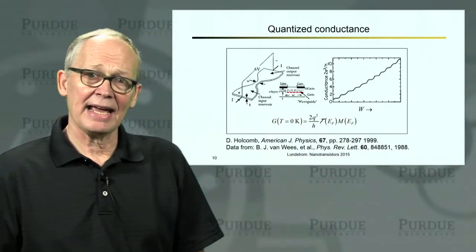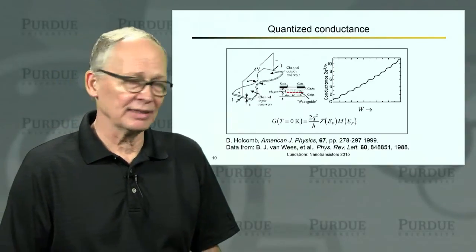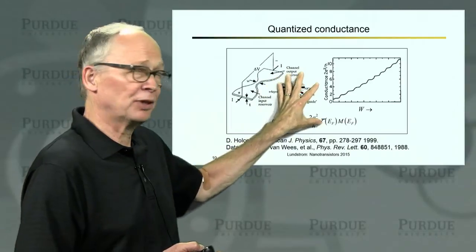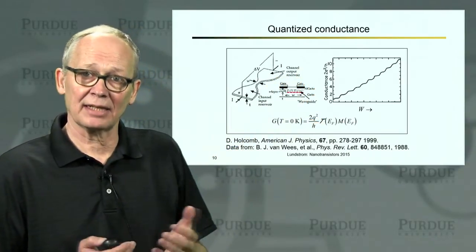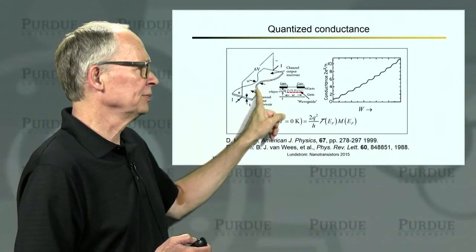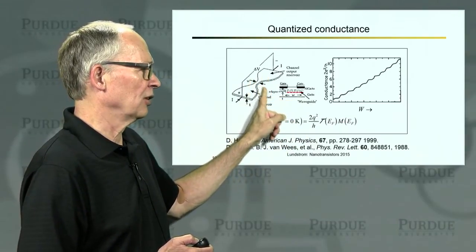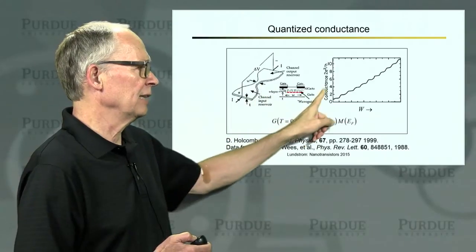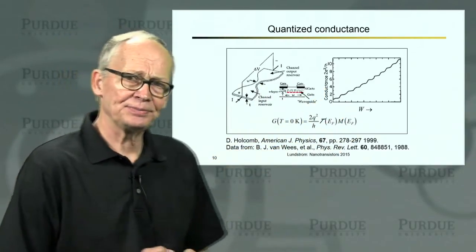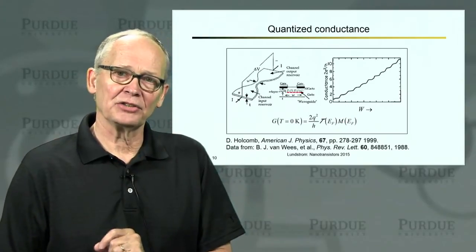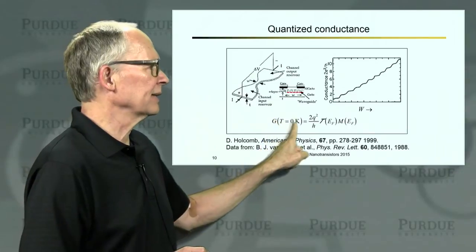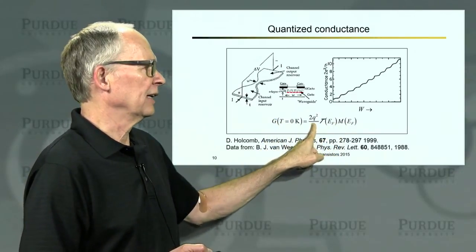Okay, now that expression actually allowed us to talk about some of the experimental work that was done in the last couple of decades of the 20th century, where people made very small resistors, which they could electrically vary the width of, and measured the conductance as a function of width. If we take that expression and realize that at low energies, the Fermi window becomes a delta function, then we get a simple expression for the conductance.